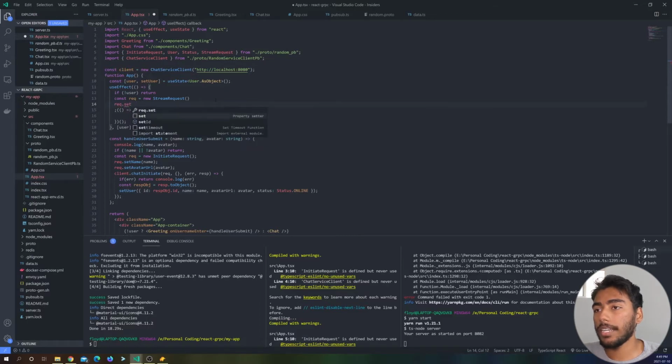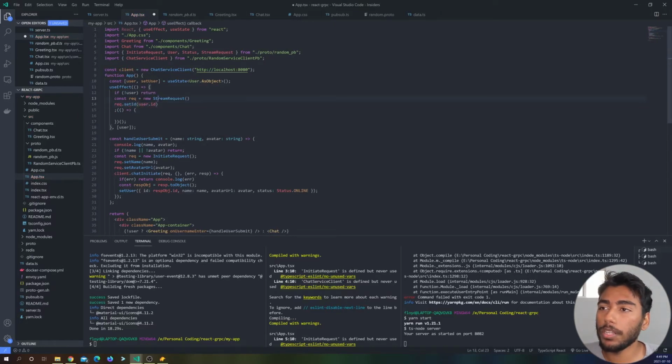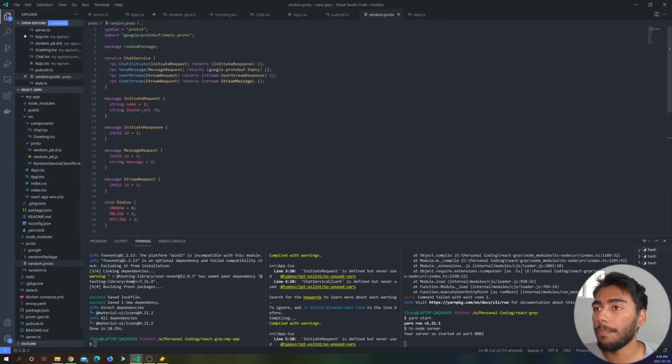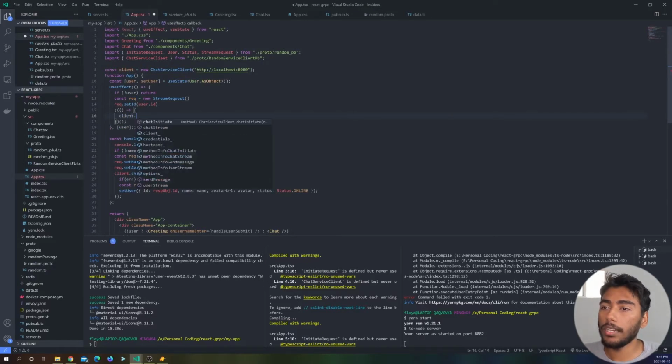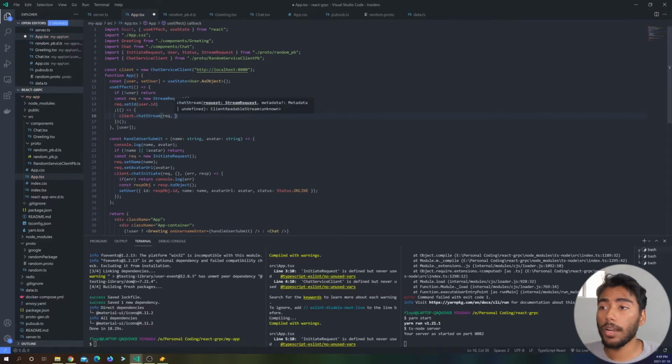Set ID as my user dot ID over here. What's cool about this is we only need one request over here because of the way we set it up. Both chat stream and user stream take the same request, so we can reuse that. We have this outside in the scope, and now all we have to do is client dot chat stream, and we send in our request, metadata, and then